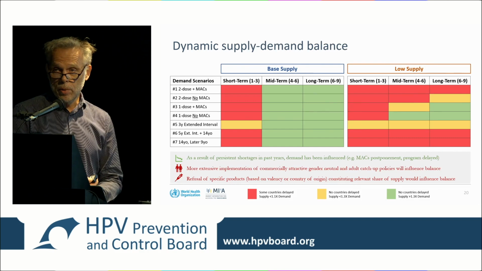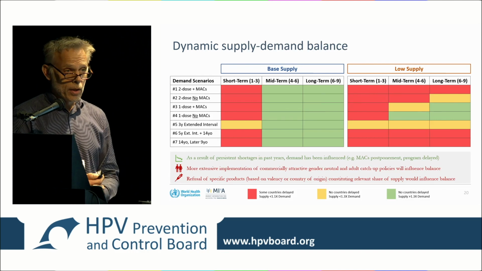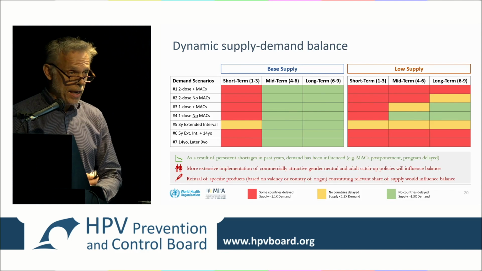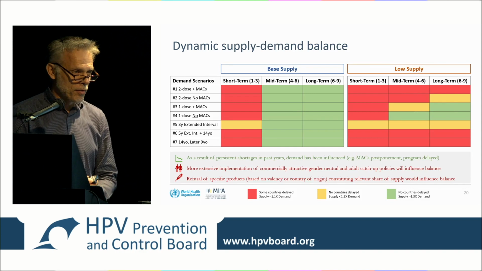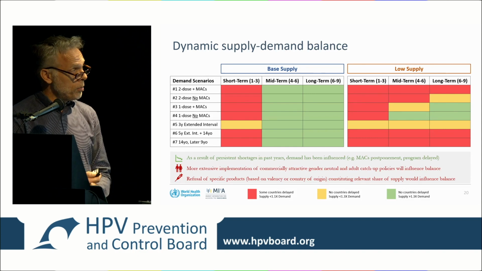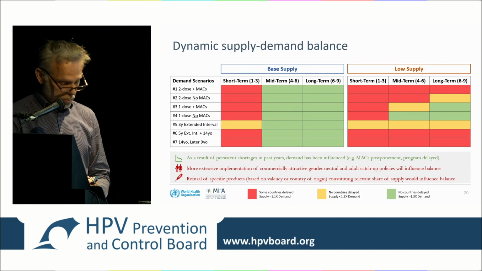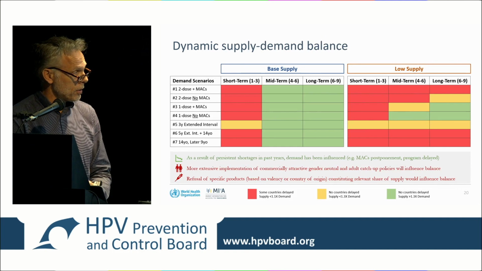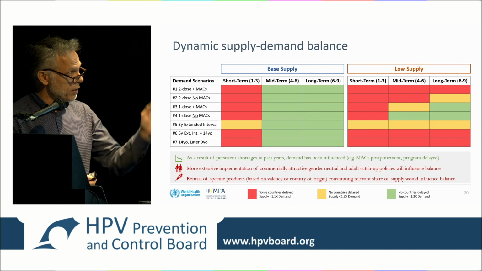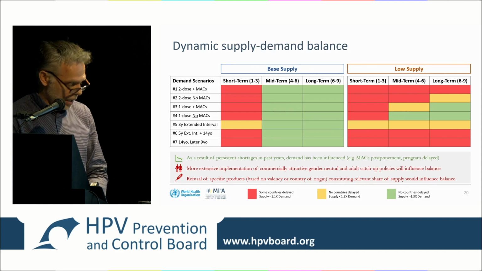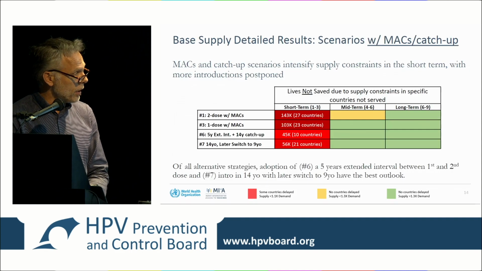If that doesn't happen, if there's a flood somewhere in a factory plane or in a place where a factory is being placed, we could be more on the side of the low supply, and things could be worse also in the middle or longer term. But for now, we think the base supply is our default.